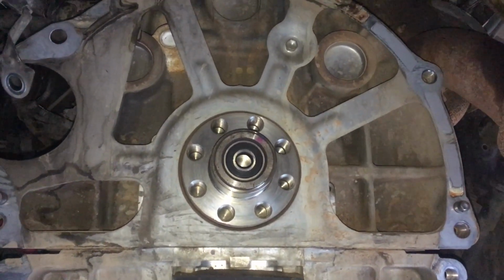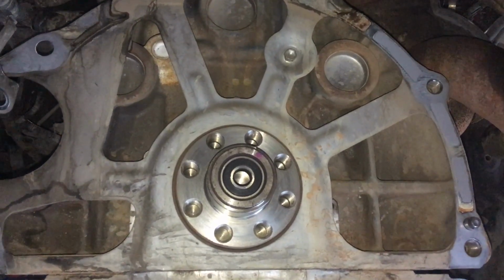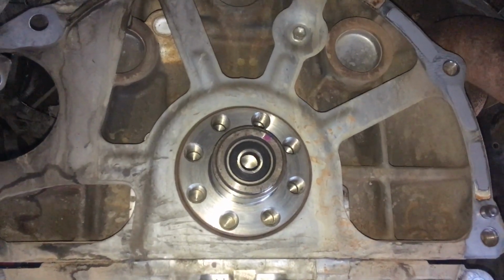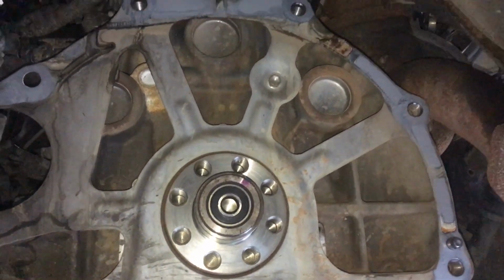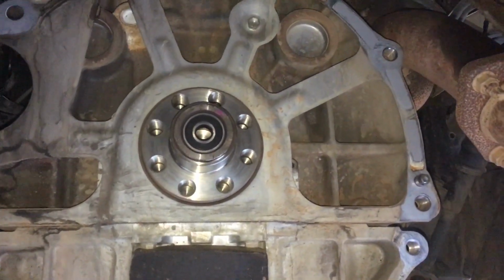don't fix it. Now, it's different on a V6. The V6, because it's petrol and the contaminants in the fuel and the oil damage the seals, do have rear main leaks, which causes expensive repair jobs, like pulling transmissions and gearboxes out to fix that rear main seal. So if it's a V6, while it's out, you change the seal. This is one of the